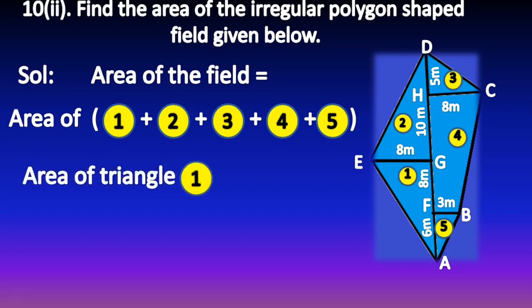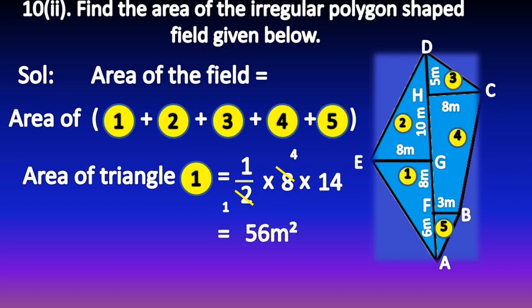Now let us find the area of the triangle, that is, the first figure. Here you can see the base of the triangle is given as 8 meters, and for the height, you can see the measurements here: 8 meters and here it is given 6 meters. So you have to take the total length, that is 6 plus 8 is equal to 14 meters. So 14 meters is the height of this triangle. Area of the triangle formula is half into base into height. Now here base is equal to 8 meters and height is equal to 14 meters. Now let us simplify. 2 ones are 2, 2 fours are 4. 4 14s are 56 meters square.